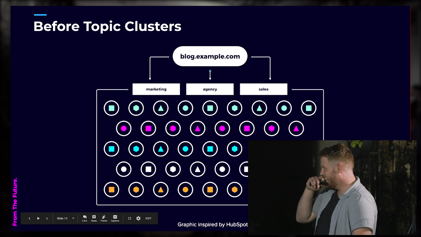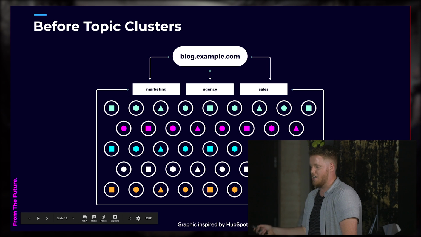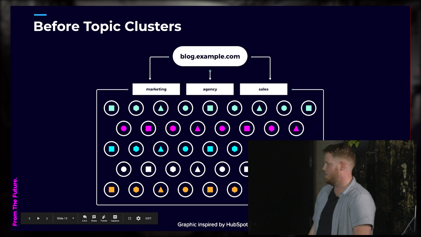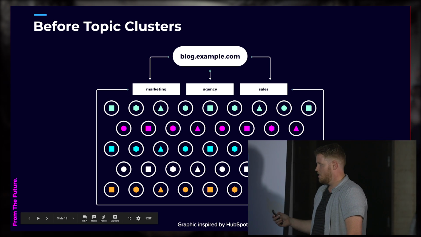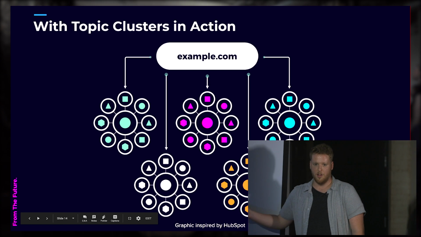So again, just to reiterate, when we're thinking about topic clusters, this is kind of what a lot of the internet looked like before people started adapting this approach. You kind of see everything under one umbrella or a few small umbrellas. This is what we should strive for, having focused topics with content built around supporting it. That's the approach that we take here, that we recommend to clients. And I just wanted to make sure that we had that in mind before we start the presentation on the